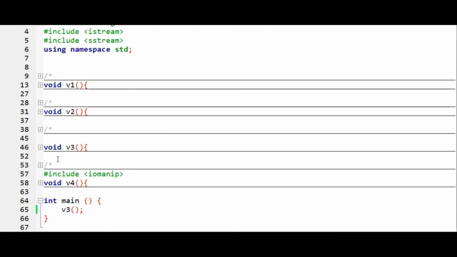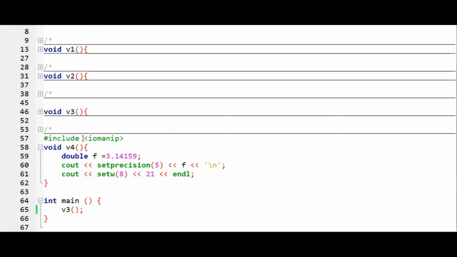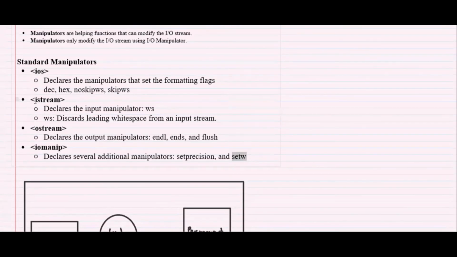This is the V4. For this you have to include this header file, or as I have mentioned, you have to include iStream or OStream class separately, or the header file. For both you can use the iostream header file. This is the very base class, so if you have included iostream, then you don't need to include it separately, because this is the base class. If you remember that hierarchical diagram for the same.